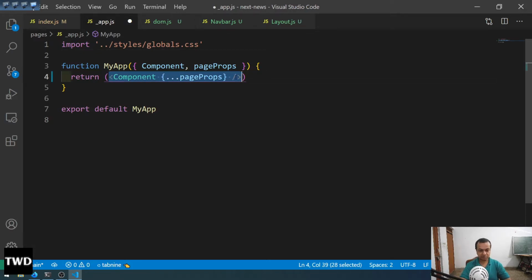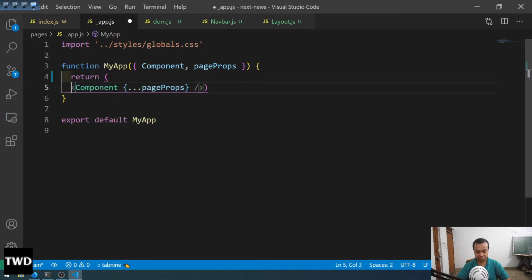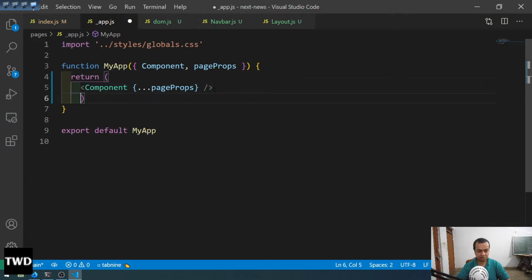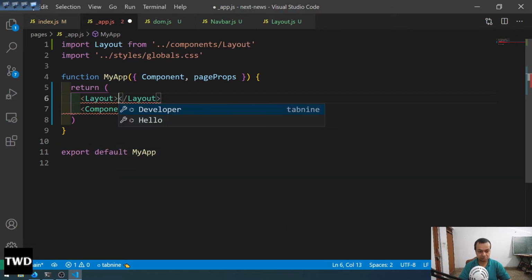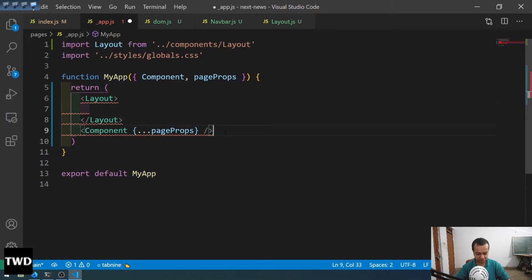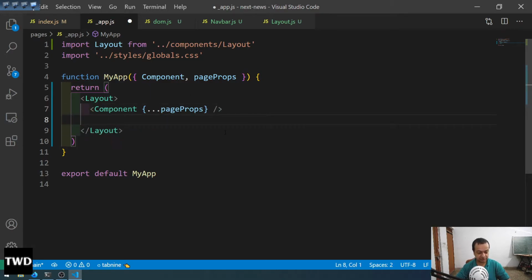Okay, so we will come here and let me first make some space for our layout and wrap everything with our layout. Include it. This is sometimes the mistake which Tabnine does, but it's okay. It is giving me more benefit, and I will try it for some other time, because it is an intelligent thing, meaning it learns by my style of doing all this coding. Okay, so layout has been done like this,